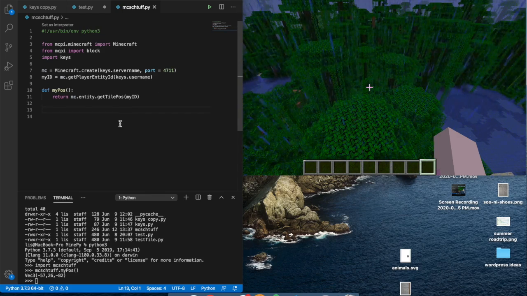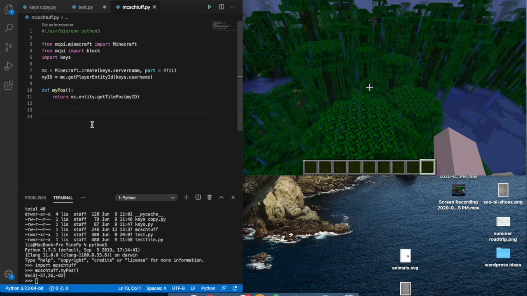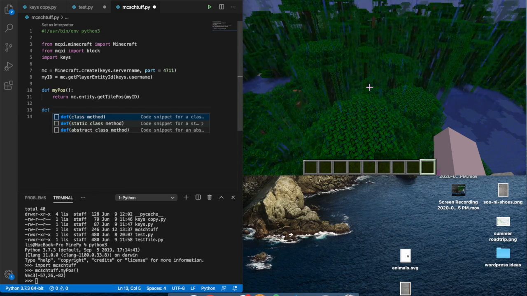So what I want to do today for real is I want to figure out how to make a rectangular prism. That is to say, I want to create something that's like a cube, only cubes have all equal sides. And this one, I want to be able to pass in a different X, Y, and Z lengths into it. So different height, width, and length. So I'm going to start out by calling def